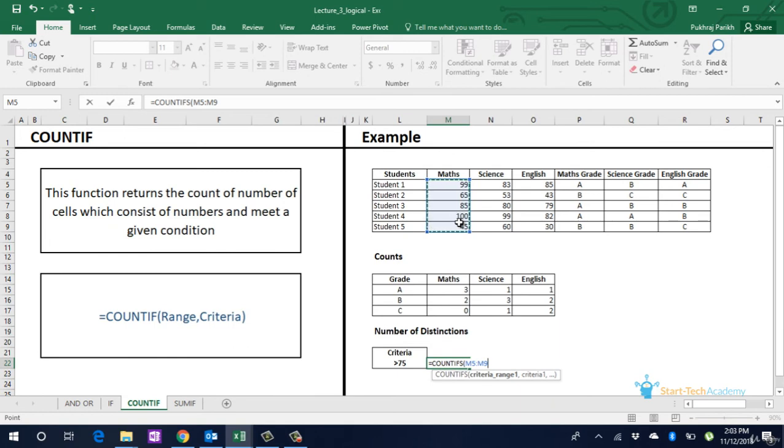So to get the count of students with distinction, we use COUNTIFS as follows: is equal to COUNTIFS M5 to M9, select the criteria, then the second range, select the criteria, then the third range, select the criteria, enter. The advantage of using COUNTIFS is just by changing the value in this cell, which is the criteria cell of 75, we can change the criteria of classification of distinction or not.